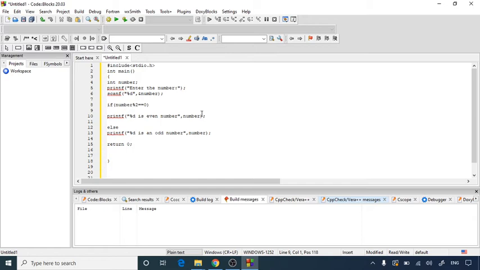Here I have used one new operator, that is the modulo operator or modulus operator. We can see over here I have used it in an if condition. It is an arithmetic operator which produces the remainder of an integer division, that is the remainder when x is divided by y. So the number will get divided by 2, and if the remainder is equal to 0, that means it is divisible by 2 fully, and then that number will be called an even number.